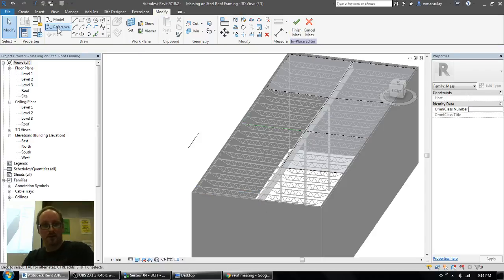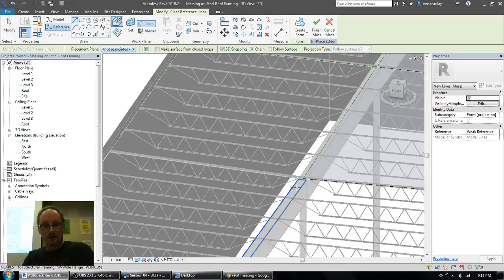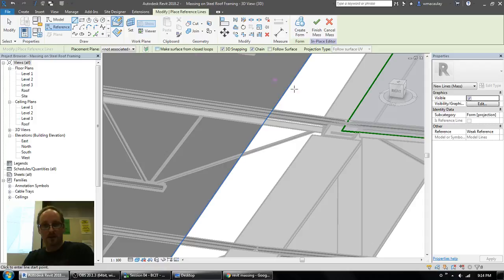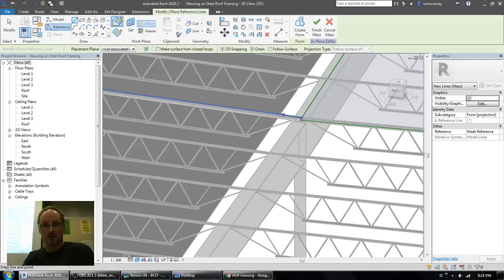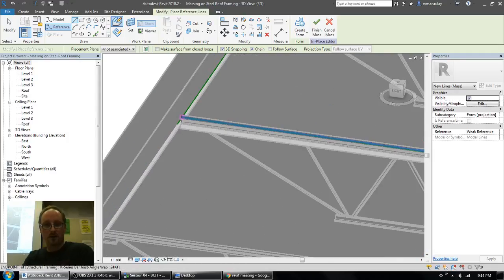Right, so I used reference lines initially. So here's what I did. Found the center of the column right there, and with 3D snapping, it really is a cinch. I just picked the center of the column, and I went over, found the end of my open web steel joist, snapped to it,